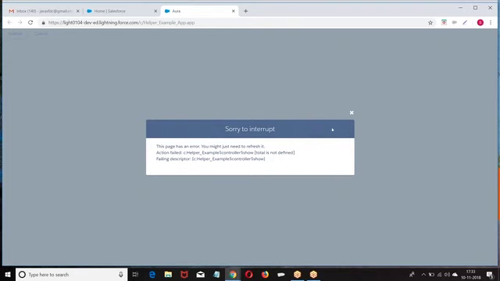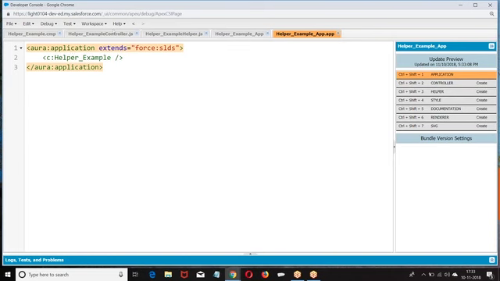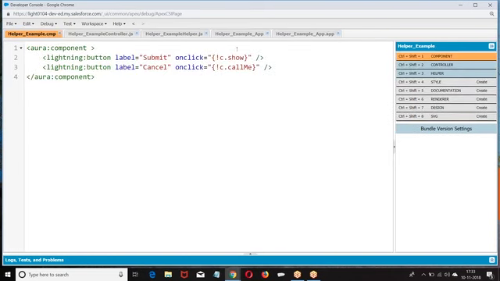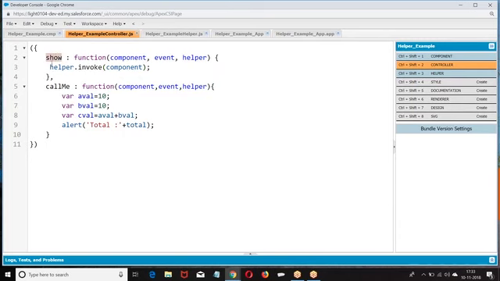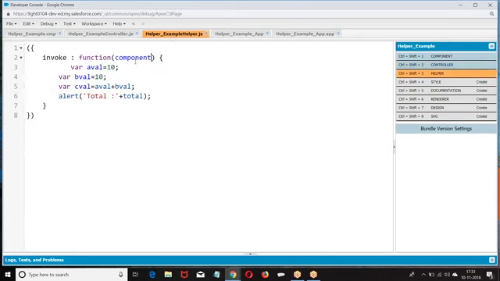I gave submit. Oops, there was a bug here. So what was the bug here? c.show. I gave show here. Okay. The helper, what I wrote, invoke. Okay.